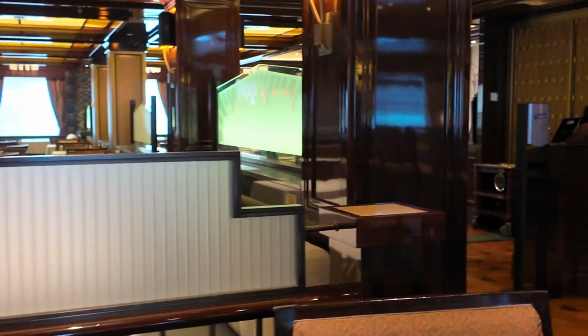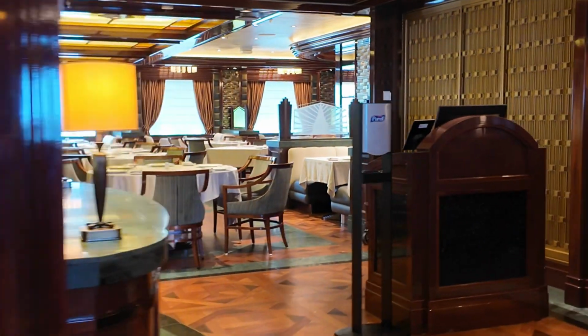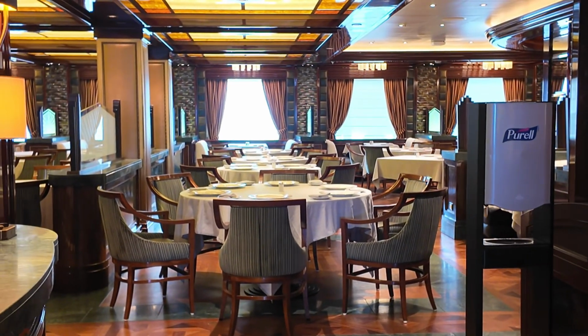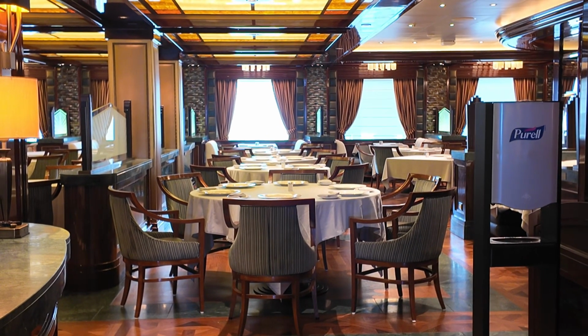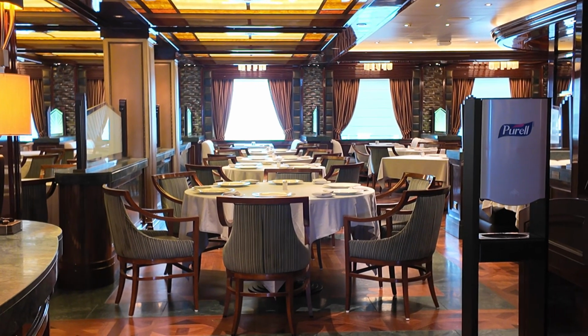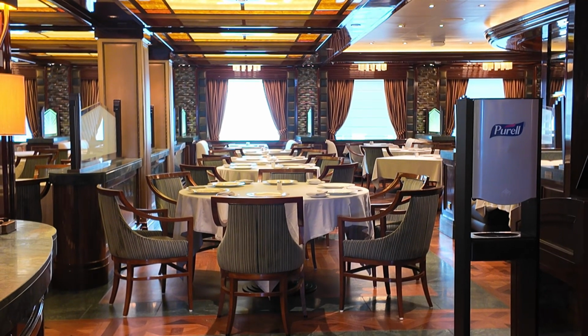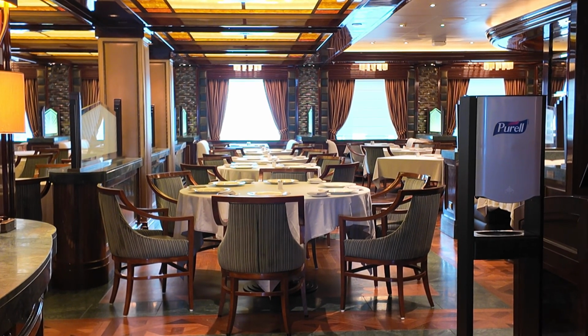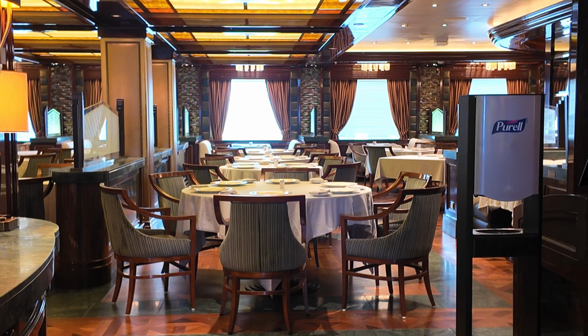One of the things that we didn't like in here is it was very, very loud. It felt like a regular dining room. There was no ambiance like candles on the tables or cozy touches making it feel like a high-end restaurant. When you go into Pinnacle Grill, it feels very cozy and special. And I mean, it feels like a steakhouse. This was light and bright, and they were still playing the same Christmas music throughout the ship that they were